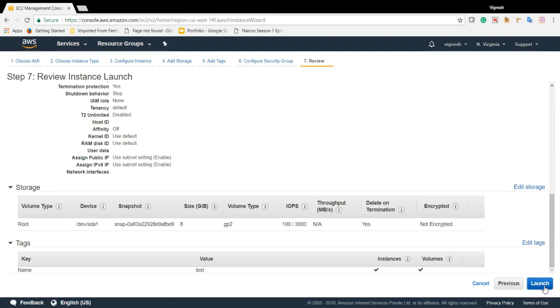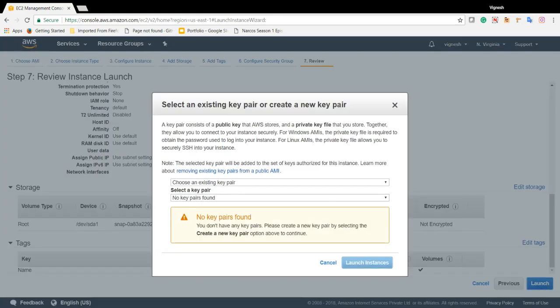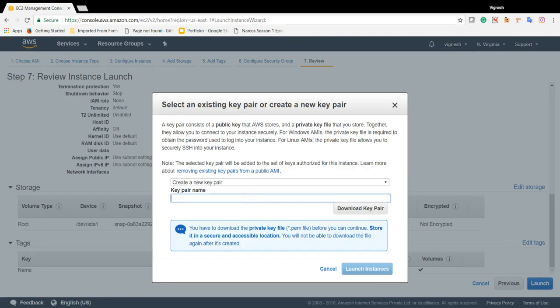So now we are going to launch the instance. When launching the instance, it will ask for the key pair. The key pair is the way we are going to connect to the instance from outside AWS. I don't have any existing key pair, so I'm going to create a new key pair. I just mention the name test. On downloading the key pair,